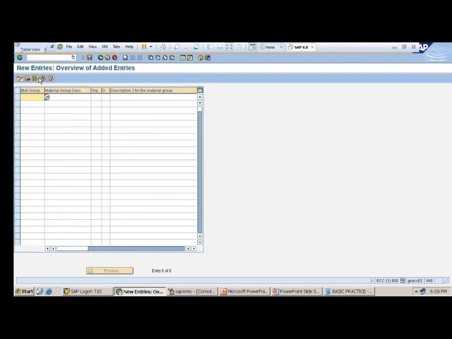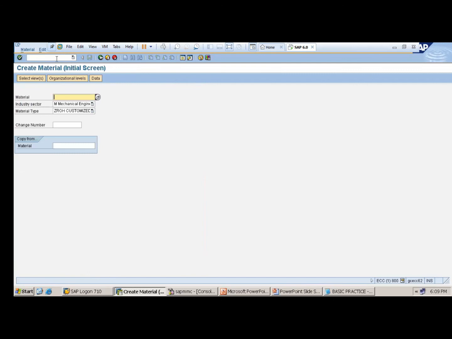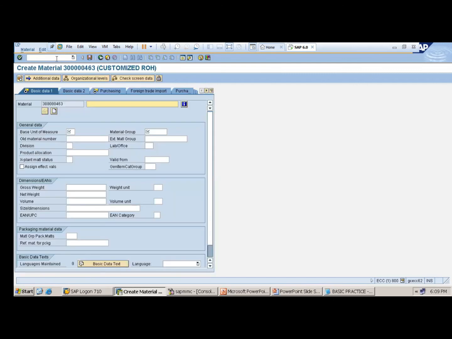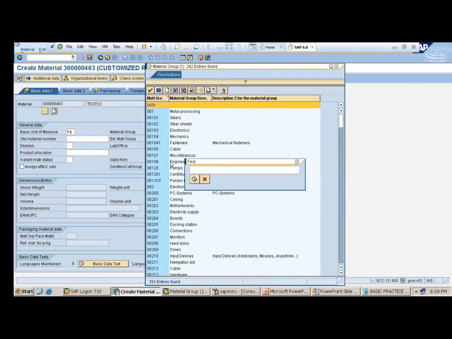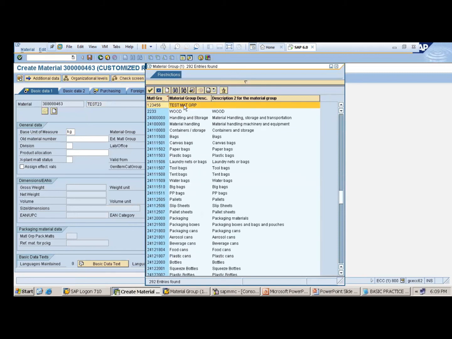Go for new entries. I can just take some number, 1, 2, 3, 4, 5, 6. Test material group, enter. Save it. Check /n MM01, enter. Enter, enter, enter. Test 23, enter, kg. Material group, I can find here 1, 2, 3, 4, 5, 6, enter.